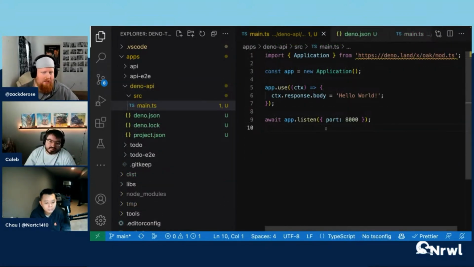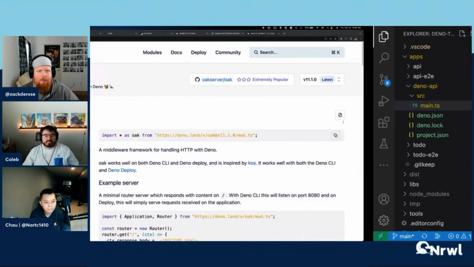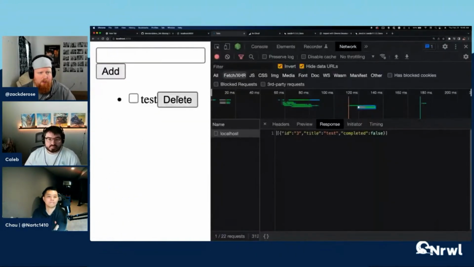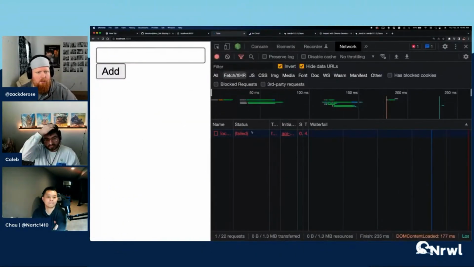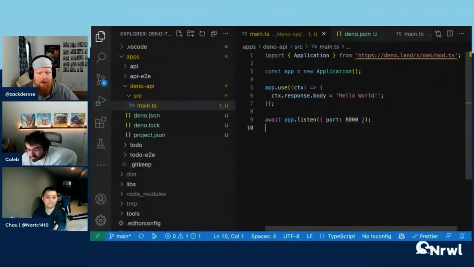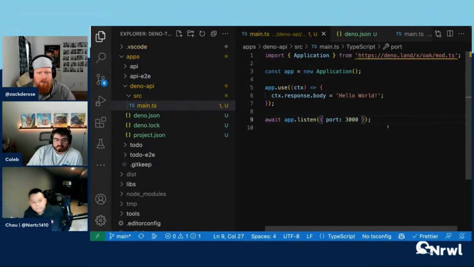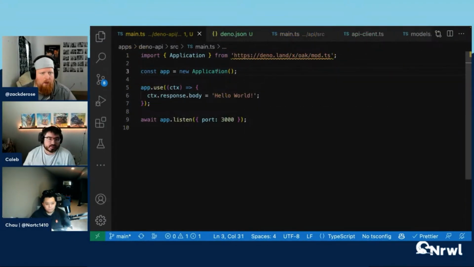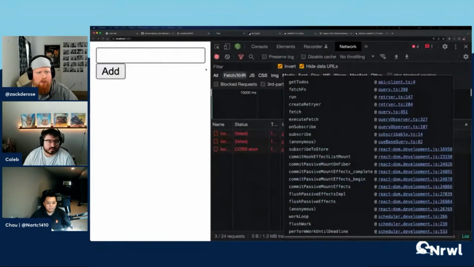Yeah. Well, let's push ahead with the app. I think at this point, if we take a look at our web app, we're thoroughly broken. So that's actually good. And that's just because there's nothing on port 3000. So let's start by hitting something on port 3000. Well, we got to enable CORS. Yes. Let's take a look at the Oak